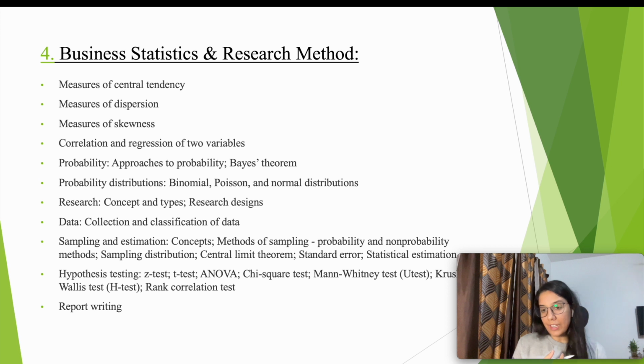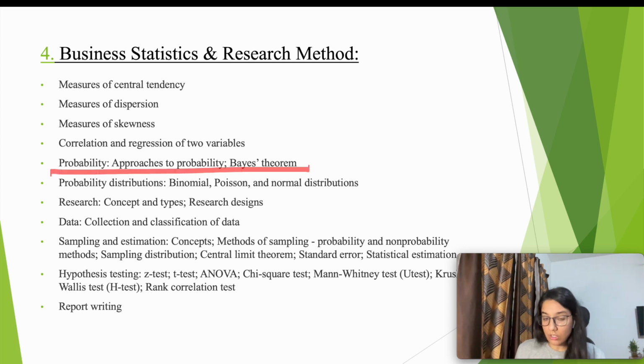So measures of central tendency: arithmetic mean, geometric mean, harmonic mean, simple things, decile, percentiles. Measures of central tendency, measures of location, as I mentioned, percentile, decile, all these are very important. What is skewness, what is kurtosis, what is the normal distribution curve, what is the binomial distribution, all these are very, very important. There may not be many questions related to, for example, Bayes theorem, but it is kind of important. You should know what it is, what kind of conditional probability it is. They can ask you. Then correlation and regression,